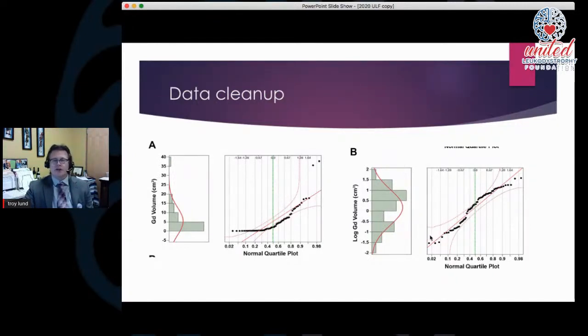You can see there are some outliers here at each end. We've decided to keep in the outliers just because these are real data points from real patients, and I generally try not to exclude any outliers at all. So we left them in despite them not falling on our nice line.